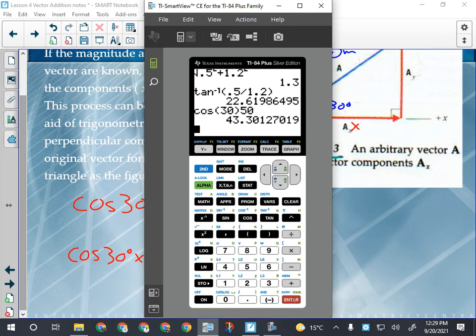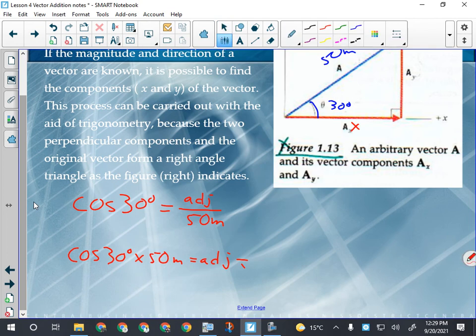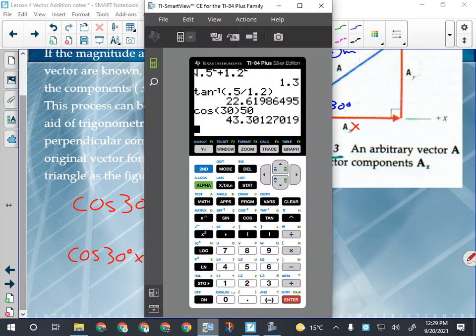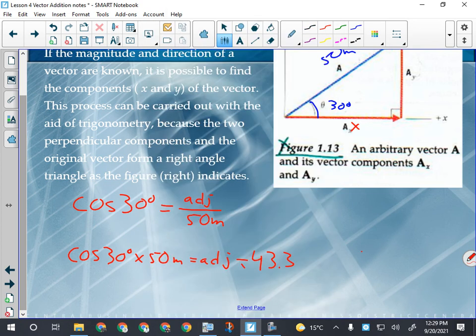So it's really easy to keep all the decimals. You don't have to write them down. I never write them down because it's a pain in the neck. I just write like three of them, and that's good enough. So my adjacent side here is going to be 43.301 meters